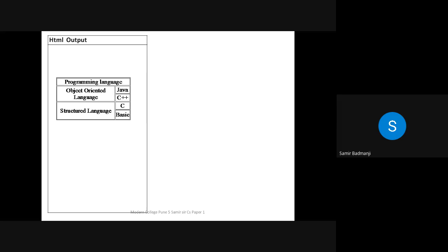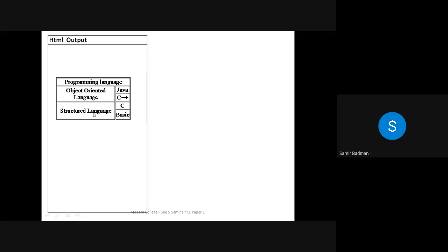How many? 2. So TR, then TD, row span equal to 2, object oriented language, close the TD tag. Next TD is Java, then close TD, close the row. Next row will be TR, then in that TD, C++, close TD, close TR, so that row will be complete.